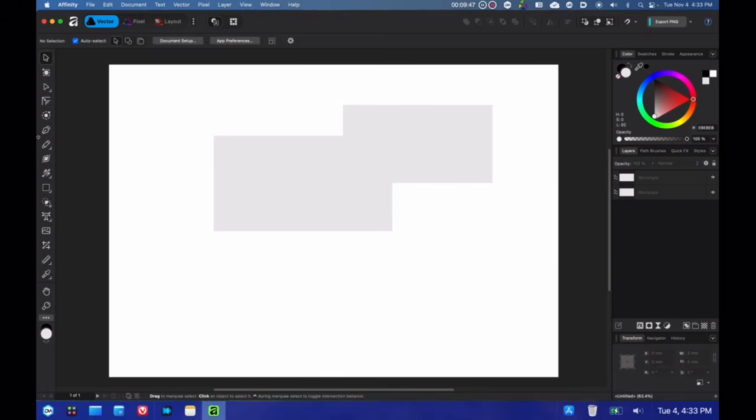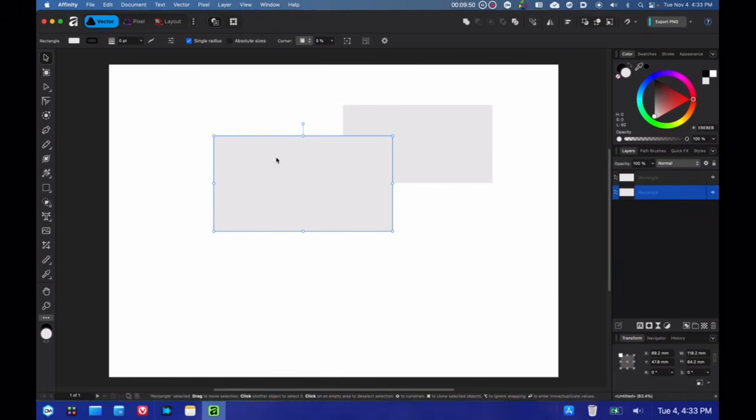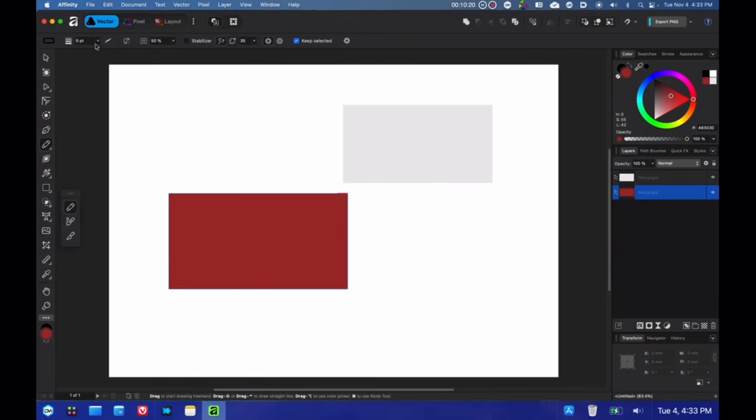So let's say I select this one. Now I'm going to grab the pencil tool. Okay, so I have the pencil tool here, and I don't want the rectangle selected. So this is going to be for a new drawn stroke, say about 5. Alright, now when I select this object, and now when I grab the pencil tool, we will have this first option selected. So then when I draw a new object, I draw right behind.